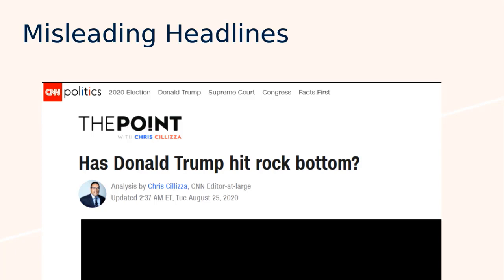It's a very sensationalized headline, meant for you to click in and find out more, when really the article was suggesting that his polling numbers are as low as they're going to get, and they're not going to get any lower. So I think that there's two different tones there, an over-exaggerated tone of like, this is rock bottom, instead of just simply stating, we think that the polling numbers won't go any lower. So yeah, definitely analyzing for tone is one way to find misleading information.